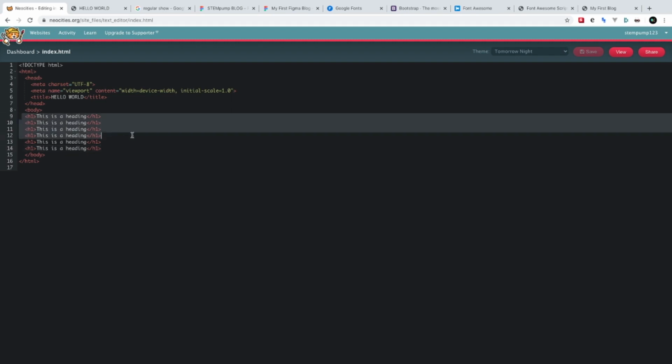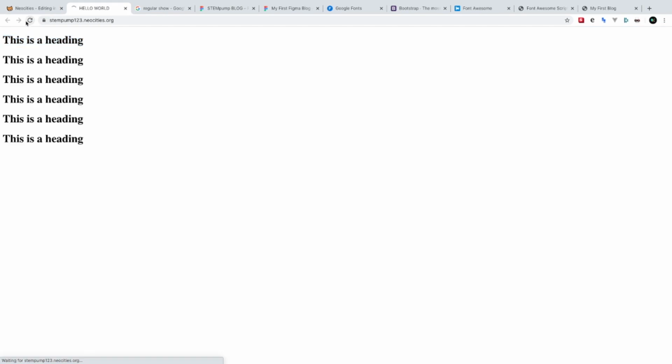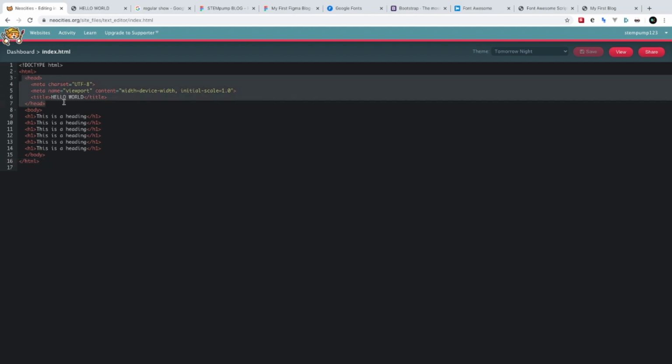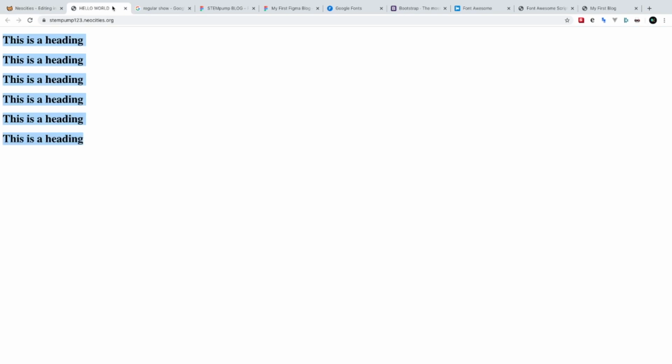so we have all of these done 6 times. And if we reload our page, we have 6 of them. We have our H1, so opening it and then closing it, just like we opened this and closed it here. So the HTML holds the head right here, and that contains our title for up here,